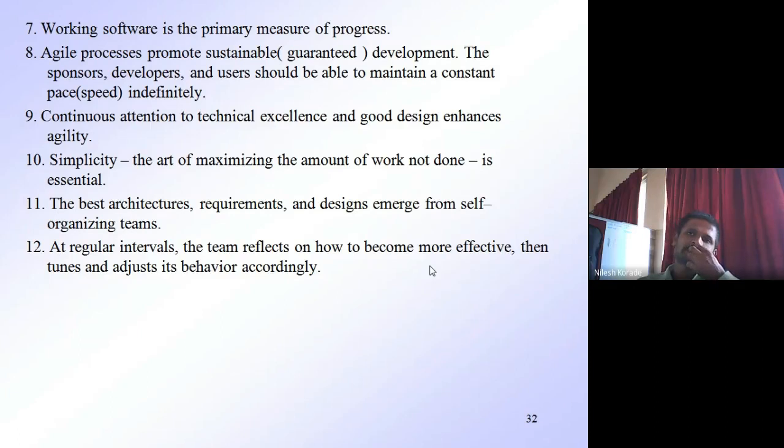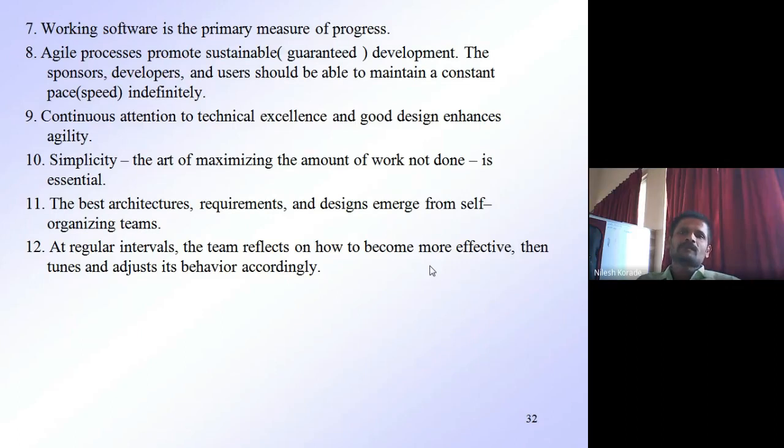The best architecture, the requirements from your customer, and the designs, architectures or diagrams that we design from the requirements: these outputs come from a self-organizing team.